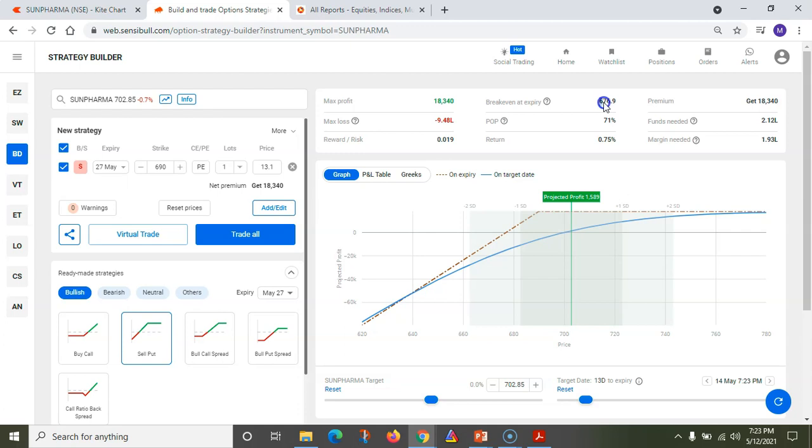And you can see the break even. I will be in loss only if Sun Pharma goes below 676.9, though the current price is 700. Assume it settles at 680, which is 20 rupees less than the current price. Though I am bullish, still I will be profitable. So that is why selling is always more profitable than buying, which you can know in detail in the second video of this playlist. So this is on selling a put.